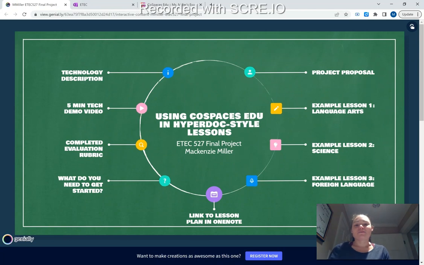In this class, we explored different Web 2.0 technologies and how we can use those in education. For my final project, I chose to focus on a technology called CoSpaces EDU. This is a web-based app that students have access to collaborate and build 3D environments online. So they can build simulations, games, they can use augmented reality or virtual reality. They have a lot of options in how to use this technology, and they can do it either individually or